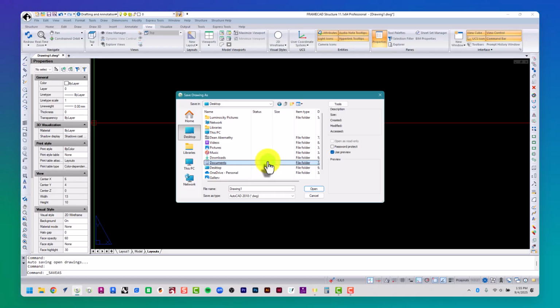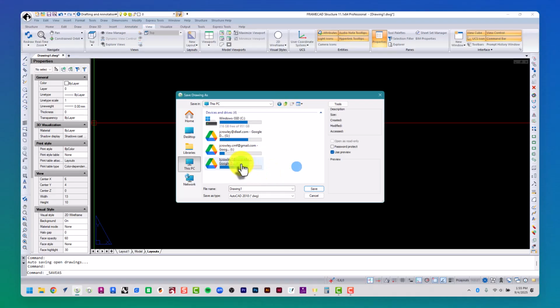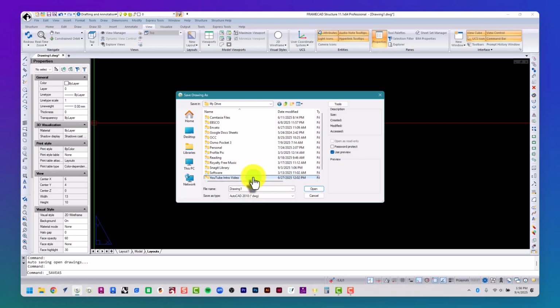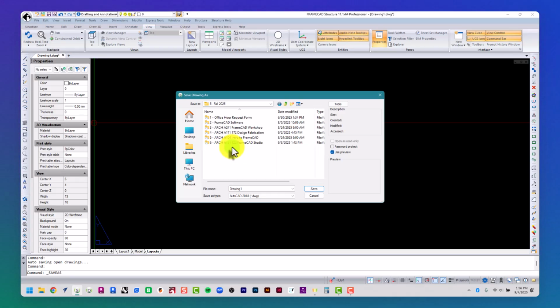What that allows us to do is to pick a specific place where we want to store this file for use in the future, and we're going to give it a very specific name so that we can quickly identify it later on as well. So I'm going to search for a place where I want to put it. I've got Google Drive installed here, so I'm going to just upload it right onto Google Drive. Let's put it under OCC 2025. Let's go to Fall, and let's go to